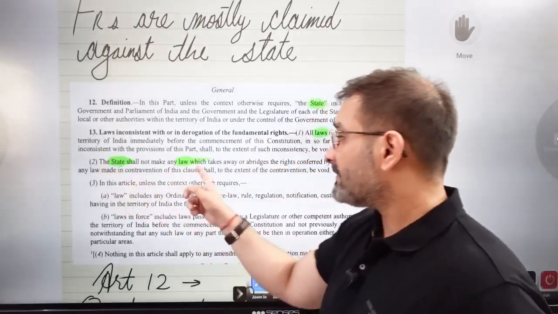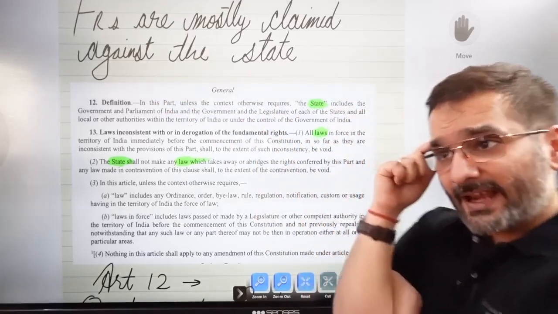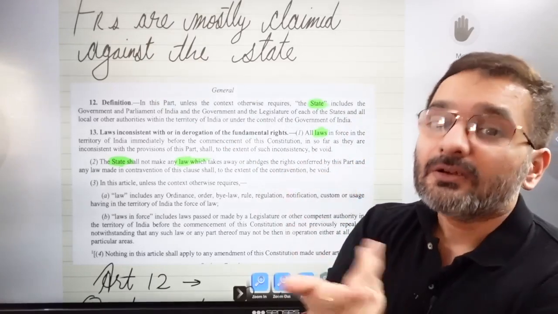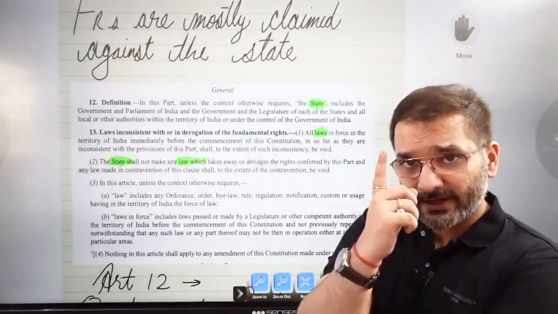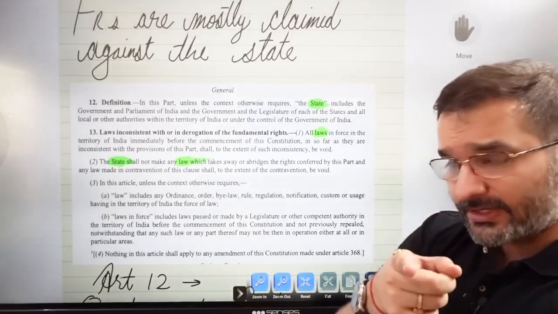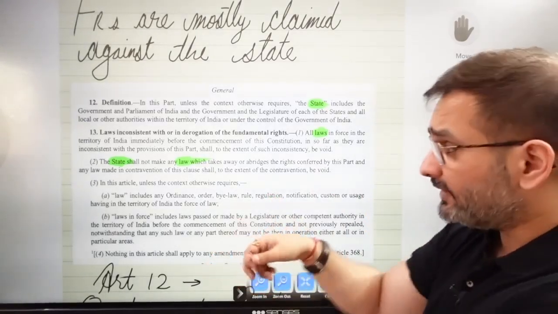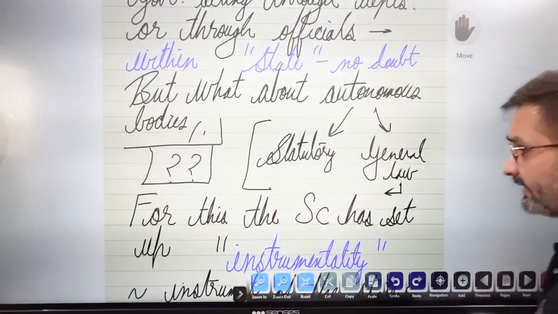The state shall not make any laws. Now which state? Now state, you said local authorities. Is LIC a state? Is RBI a state? Is SBI state? What is this other authority? And that is what the answer is for. And if you illustrate that and elucidate that point to the examiner, marks will definitely come, he cannot avoid giving you the marks, alright. So break down article 12 like this into 3 pointers,